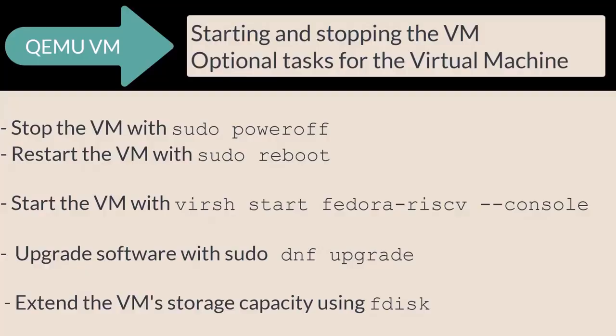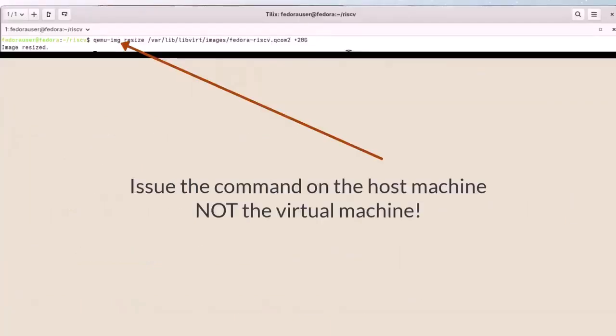Although the system can be used as is, it is recommended to update the system software and increase the virtual storage space. The virtual machine when generated is quite small in terms of storage capacity. It is possible to enlarge this image if the underlying host system has enough storage. To do this, ensure that the VM has been powered off and issue the command qemu-img